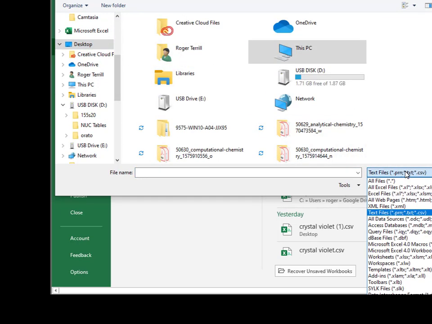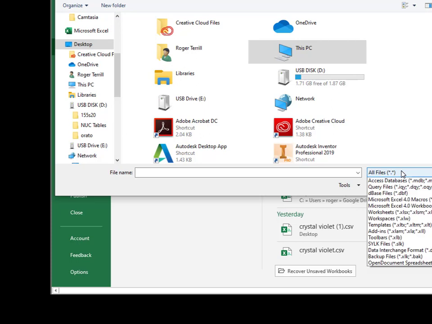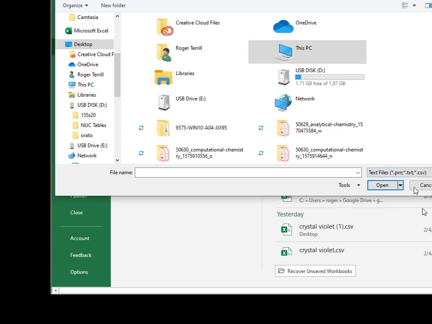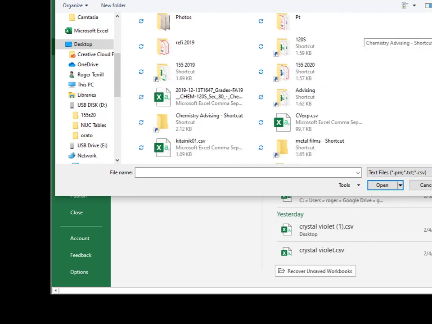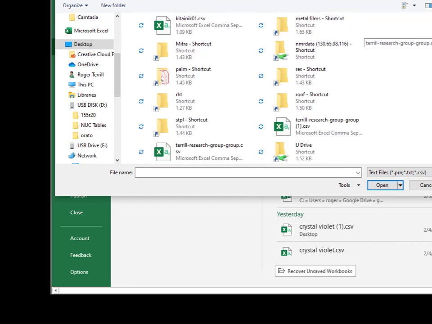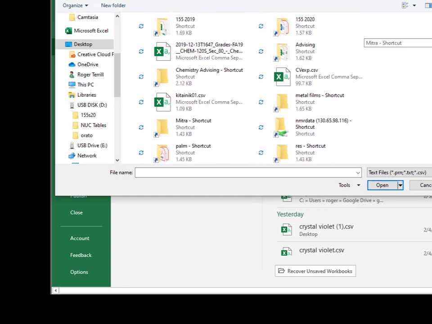I have to set the text files selector to be text files PRN TXT CSV. Okay, so when I do that, it will limit what it shows me to these files that I have just uploaded, and hopefully it will show me Bow's file here,